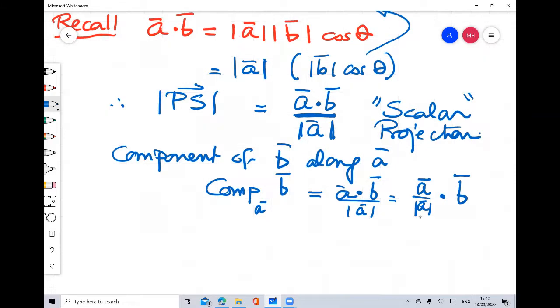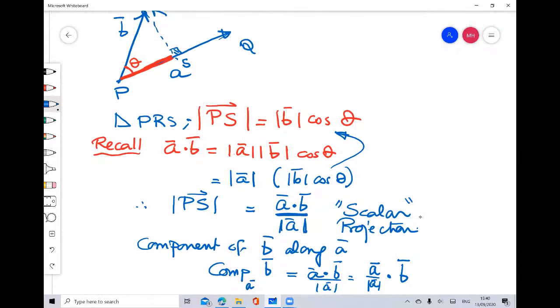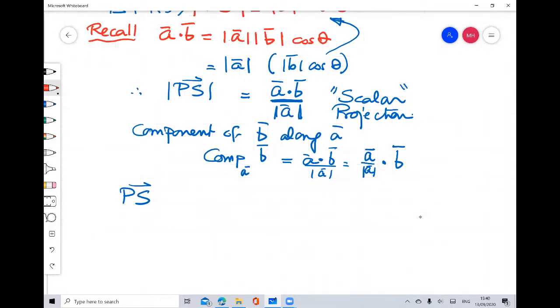If I need the projection itself, the PS, now I know that the projection from my figure here, the projection PS is a vector. Let's put the arrow. We need a vector. I need the direction. But this direction definitely is along the direction of A. As long as it's along the direction of A, then the vector P, the vector PS, will be equal to the magnitude of PS times the direction,